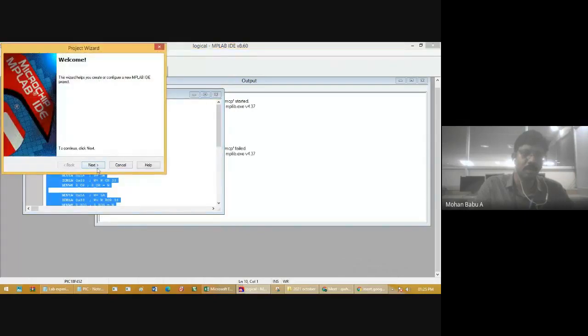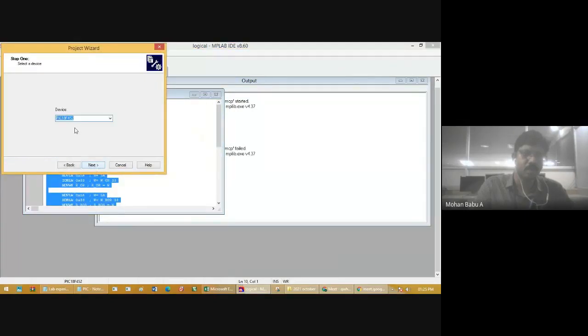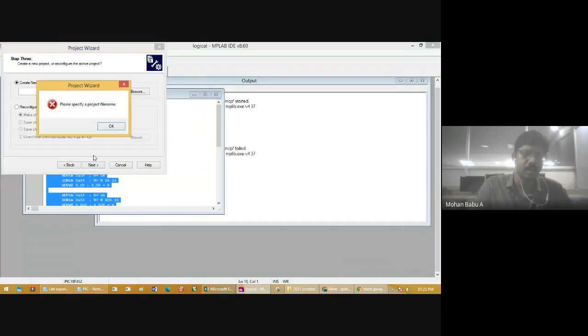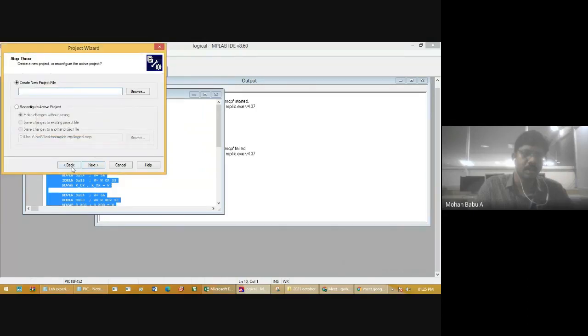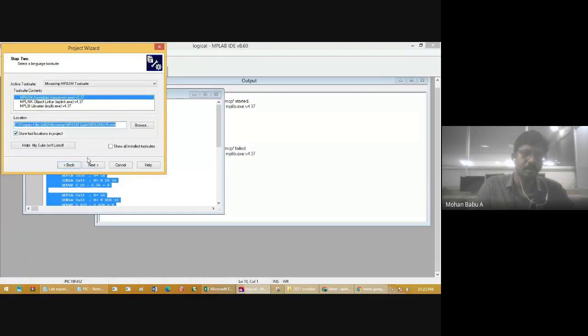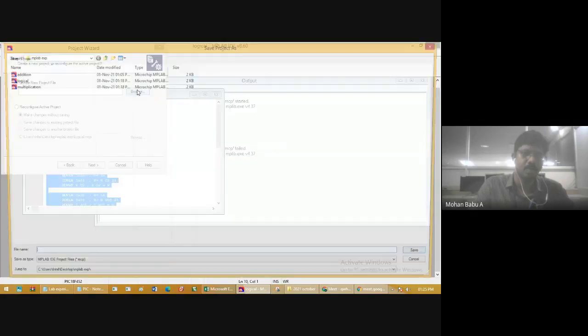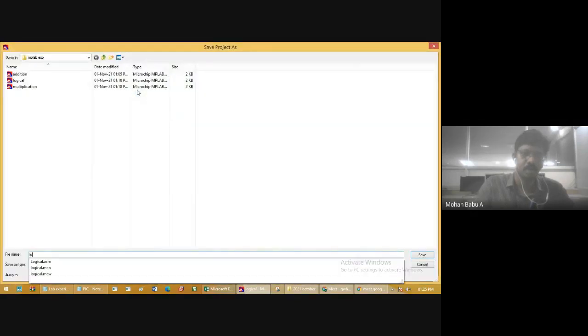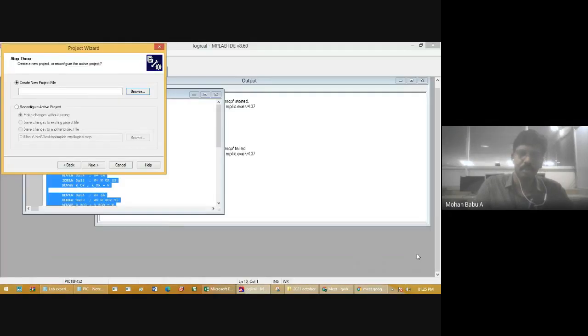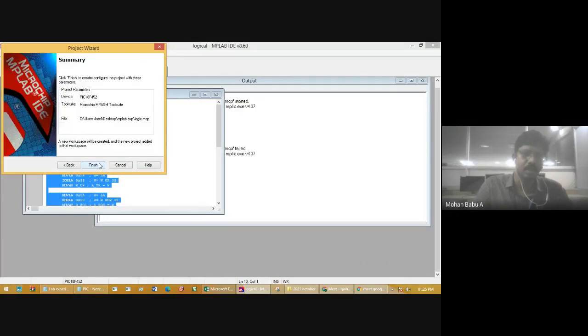Project wizard. Choose the device. Browse and give logic as the file name. Click save. Then click next, finish.